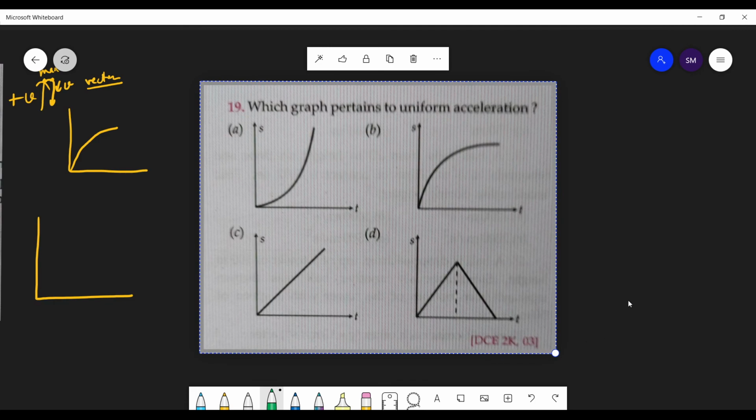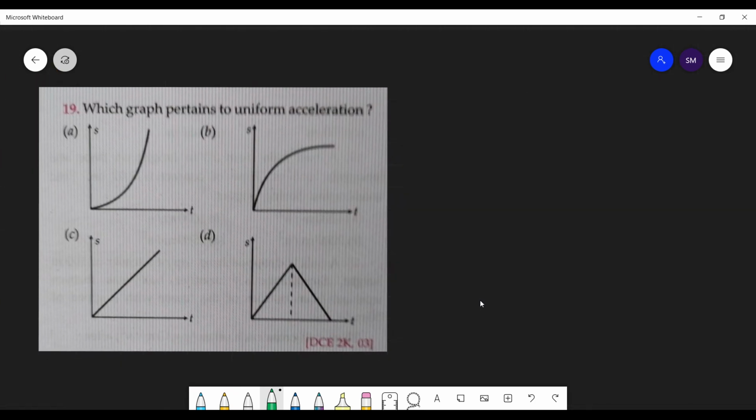Which graph tells you that this is uniform acceleration? A part. So this is S. So then V is equals to ds by dt. So 1 degree will be reduced, and then acceleration again 1 degree, 1 more degree will be reduced. So you have to tell this constant. So constant means degree 0